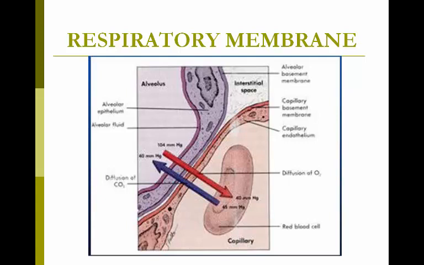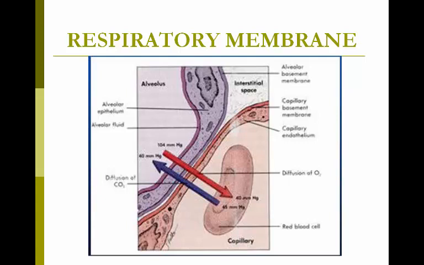It goes to pick up fresh oxygen and give off carbon dioxide. In order to pick up oxygen, that means oxygen is going to have to come out of the lung into the blood, out of the alveolus into the blood. To get rid of carbon dioxide, that gas will have to come out of the blood and go into the lung. The alveolus is part of the lung, so you can see